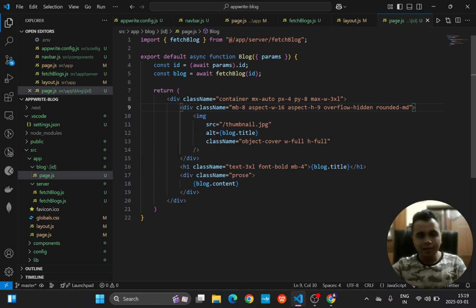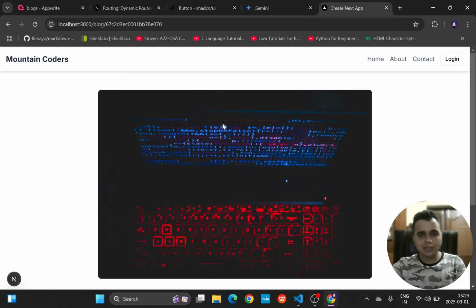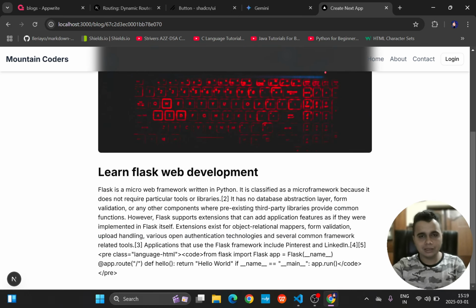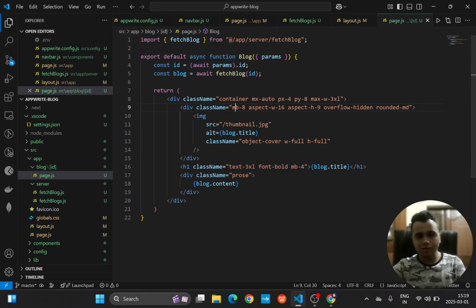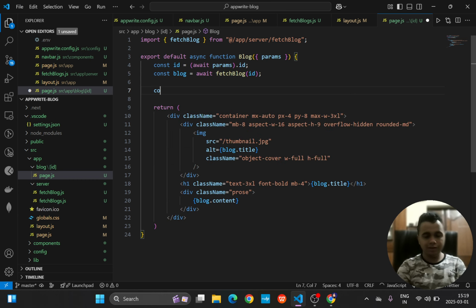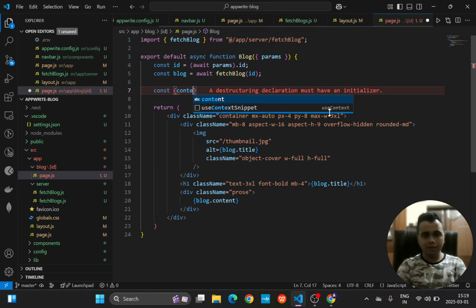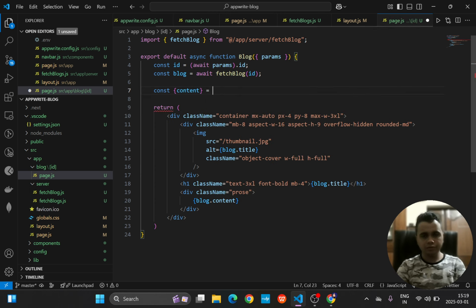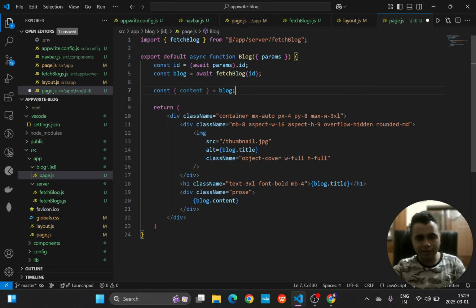So what will happen is you'll see this particular HTML here, but I want this to appear properly. So I'll write a const and just destructure the content part. Now, instead of writing directly like this, what should I do is